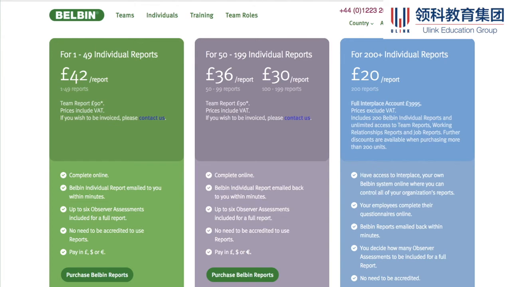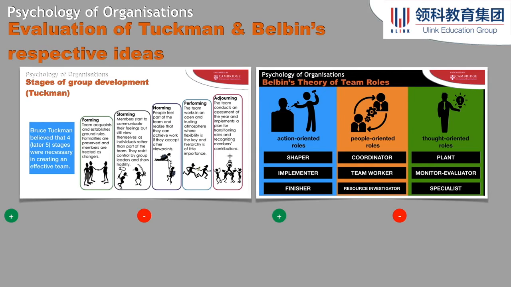All right. So how do we evaluate these two things, Tuckman and Belbin? Well, we could evaluate it in the following ways. Let's first talk about the group development stages. One of the strengths of this is that it allows us to see that conflict within an organization is okay. If people are fighting, if they're in the storming phase, some people might panic and say, oh my God, this is a disaster. But maybe that's a natural evolution of teams forming and working together. So it's not unusual to see conflict in the meeting room.